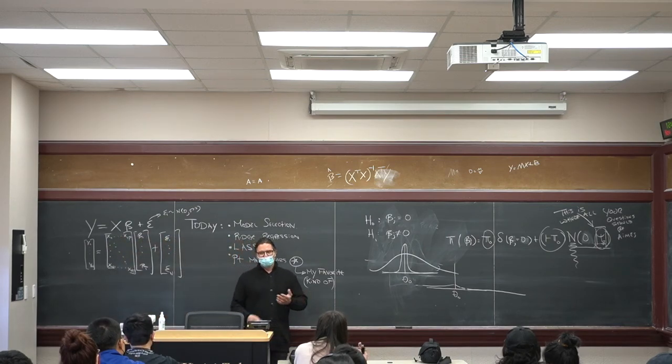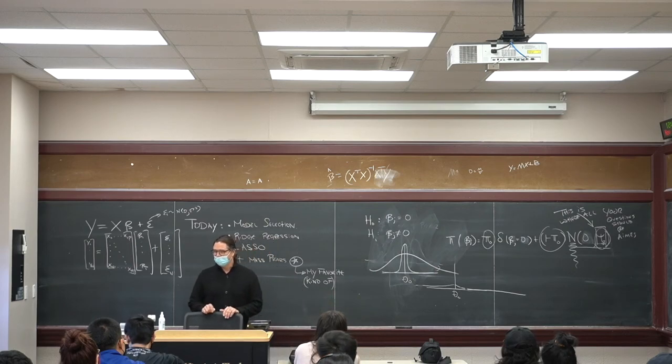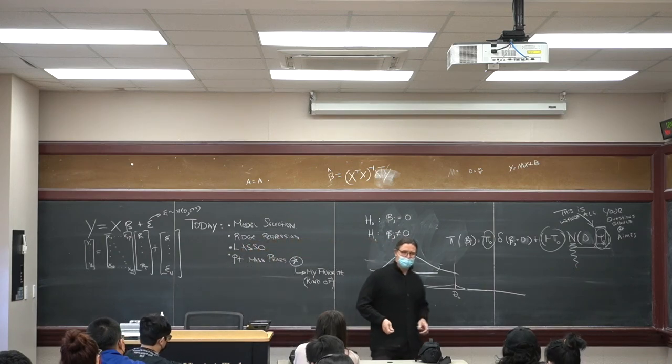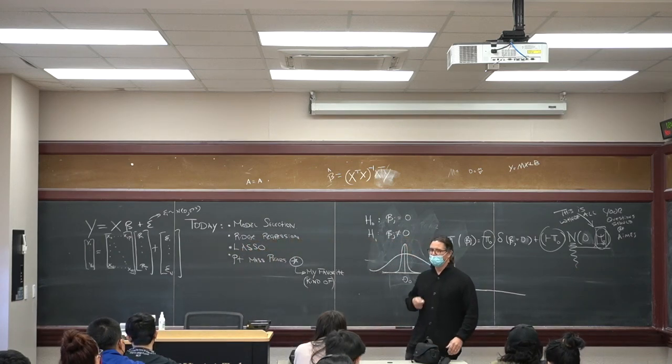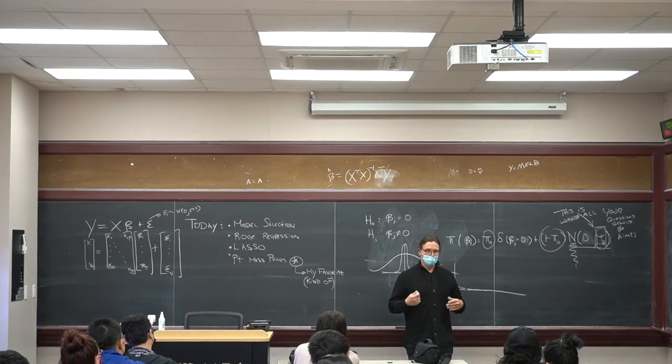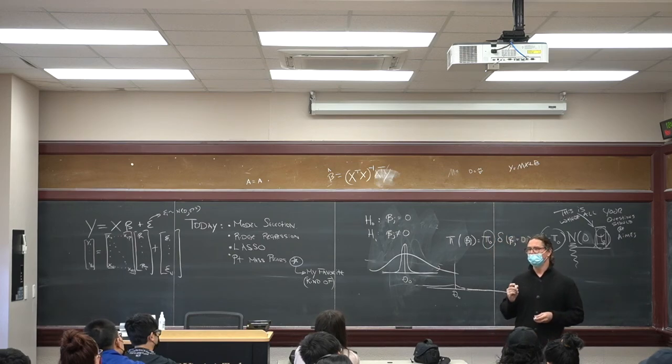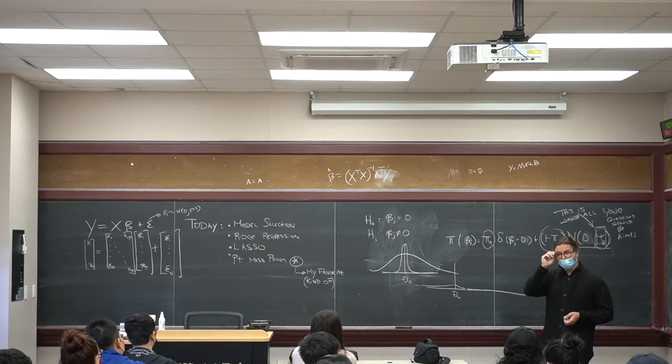The difficult thing is, you don't know in reality. Are there just a few betas that are going to explain everything versus a lot of betas? So a lot of times people will remove the inferential side of it and just think about their predictive ability. How well am I able to predict? And I'll give you an answer that does that that's relatively parsimonious. These all do that in slightly different ways.